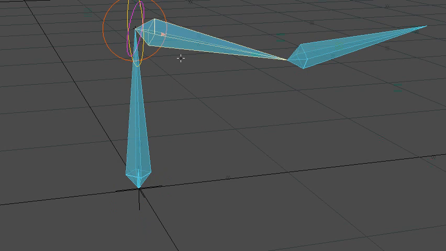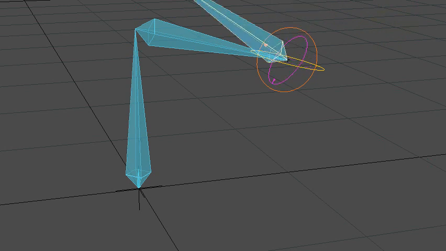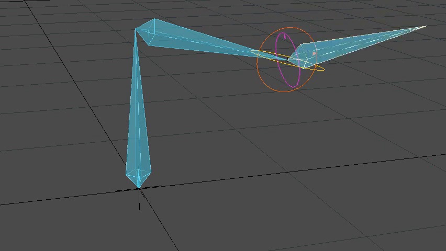And I could do the same thing up here, although I really don't need to, because this kind of joint, or a hinge, is going to be rotating the elbow, which only goes in one axis, so you never really have to worry about gimbal lock when you're only rotating on one axis. Okay, so